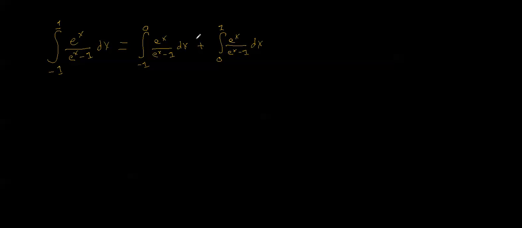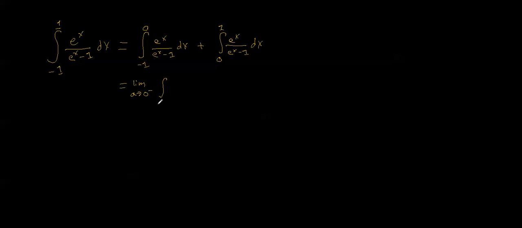Now, because when we plug in 0 in both of these integrals we have a 0 denominator, what we have to do is substitute a variable for 0, and then take the limit of that variable as it approaches 0. So we'll call the variable a, and we want to take the limit from the negative direction because this is from -1 to 0, and then the integral